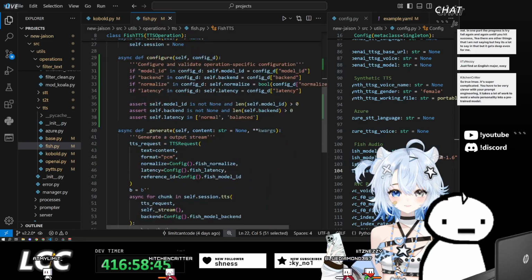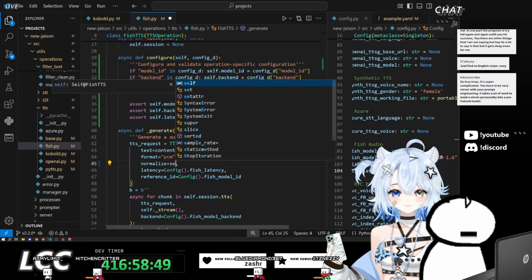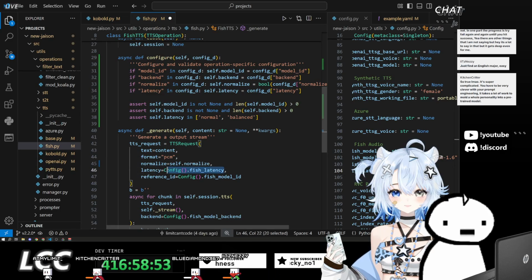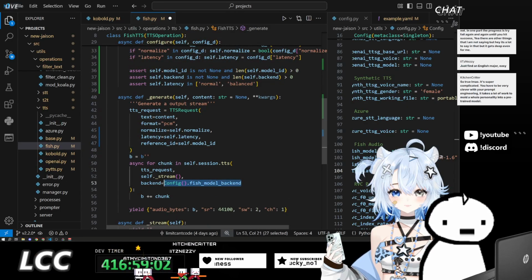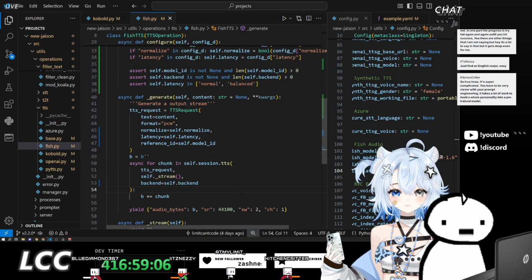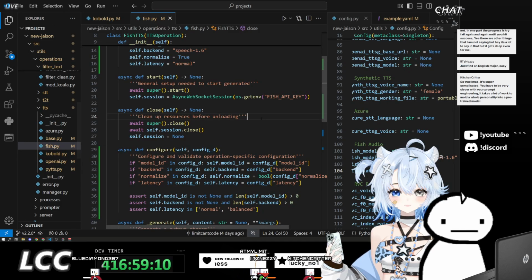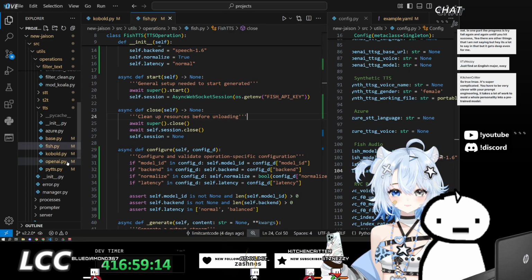That's fine. We need to make use of this, so self.normalize, self.latency, self.model ID. That's all good. And self.backend. Okay, that should be good. And that should be it for all of the text-to-speech ones.